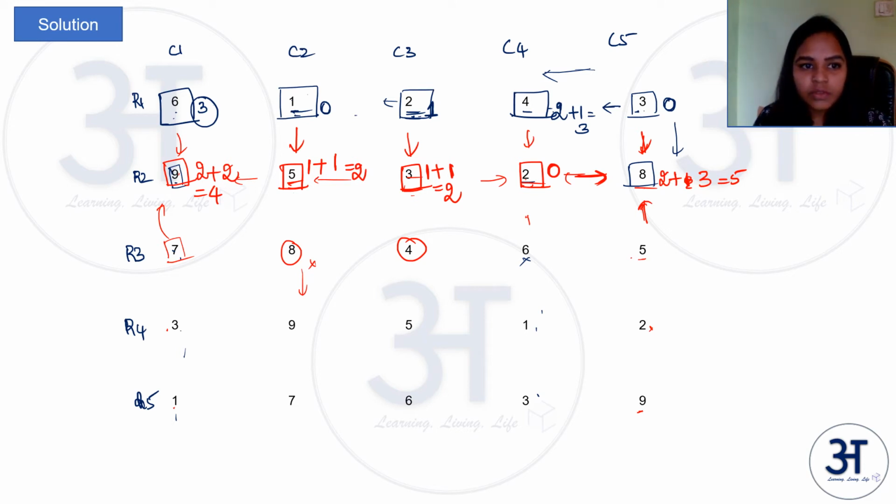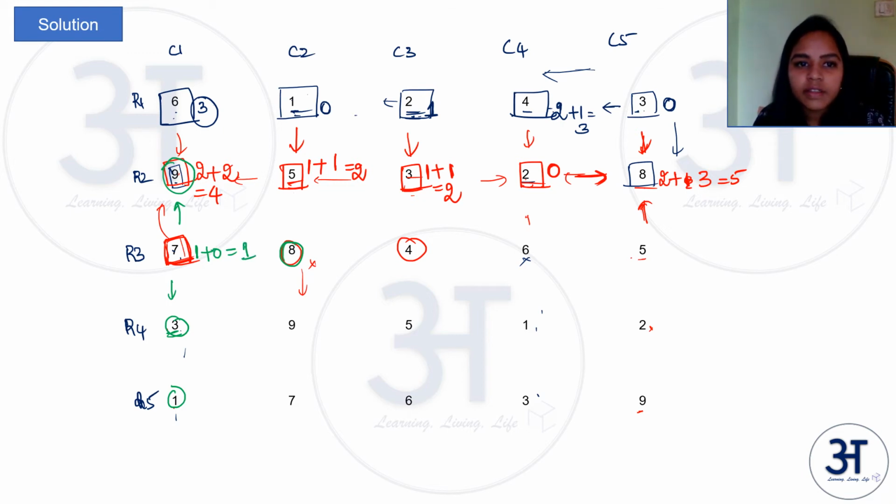Next let's come to row 3 column 1, that is 7. In this case 9 is greater than 7, so no one above in this column can reach 7. 3 is less than 7, so 3 can reach 7. 1 is less than 7 but 3 is greater than 1, so 1 can't reach 7. So in the column only one possibility to reach 7. In the row again 8 is greater than 7, so it blocks all the possibilities. So 0, so total 1 person.